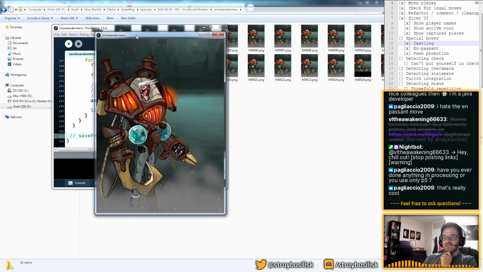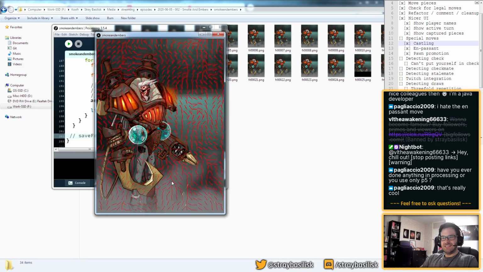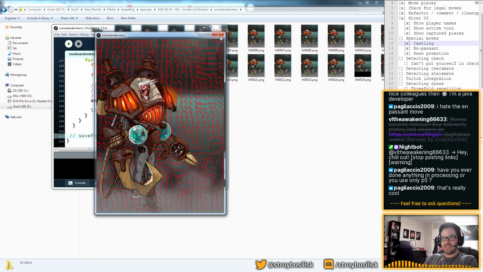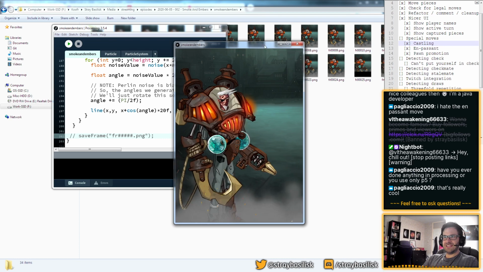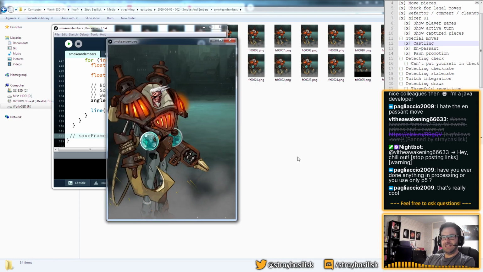Yeah, so this was a vector field. All of these little flames and embers are following this vector field. I'm really inspired by the Coding Train and Dan Shiffman. I'm a big fan, so all of that stuff is a lot of fun to me.